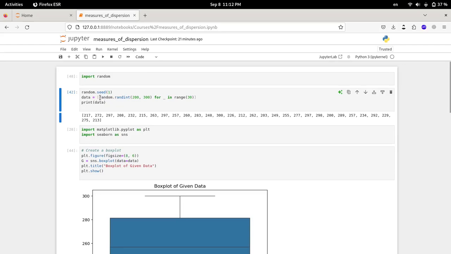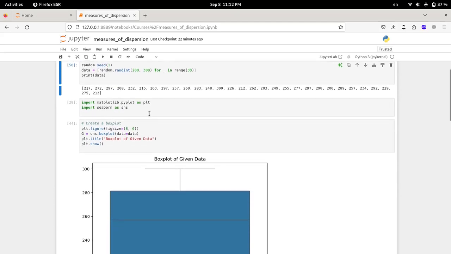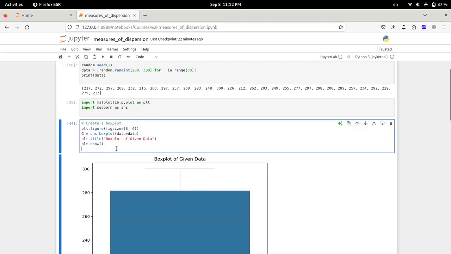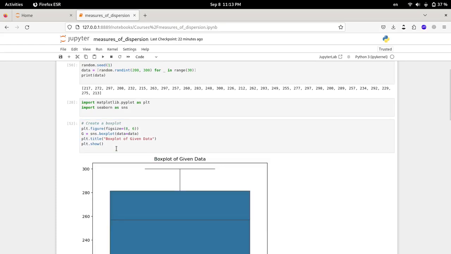So here we will generate data randomly between 200 and 300, and we will generate a total of 30 data points. So these are our data. Now we want to plot this data using the box plot function of Seaborn. So if we plot the data,